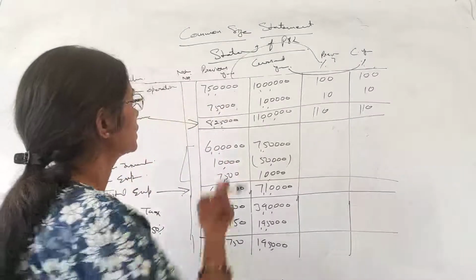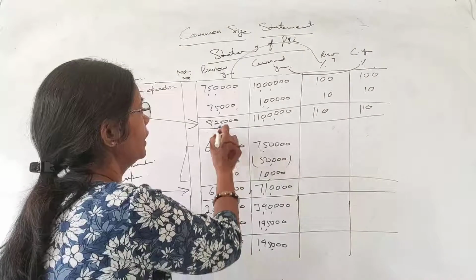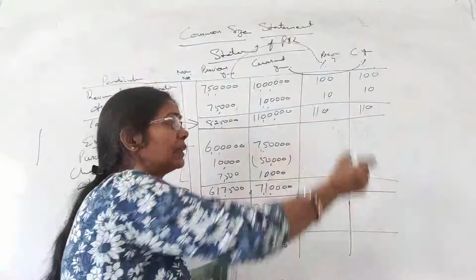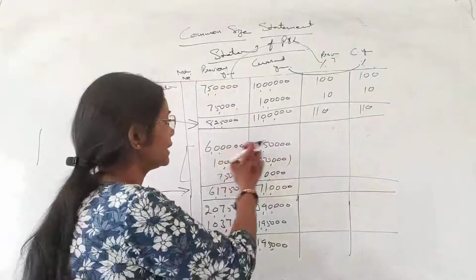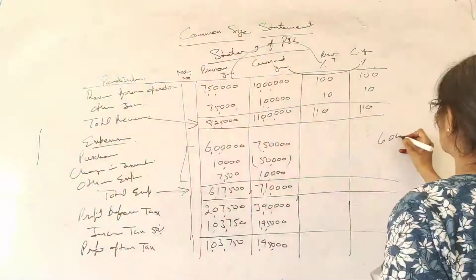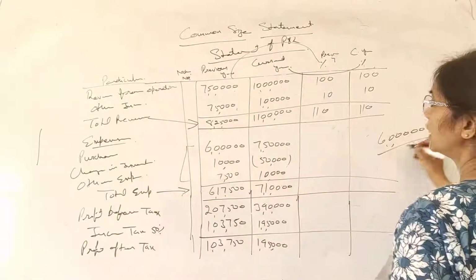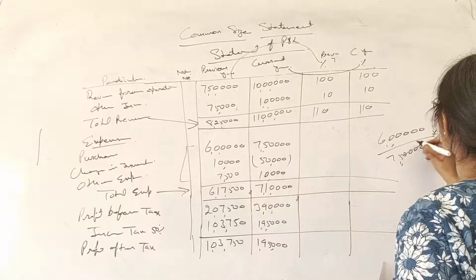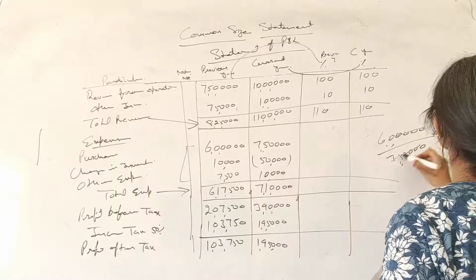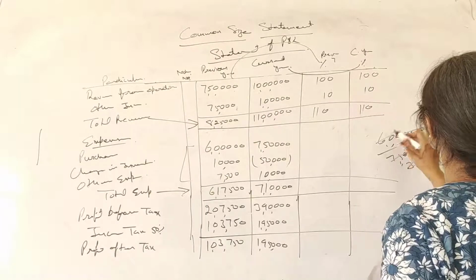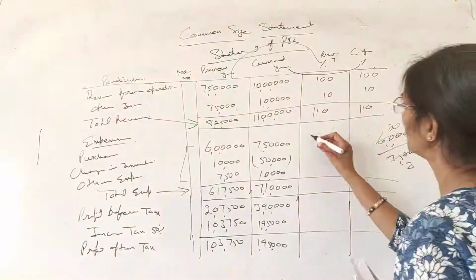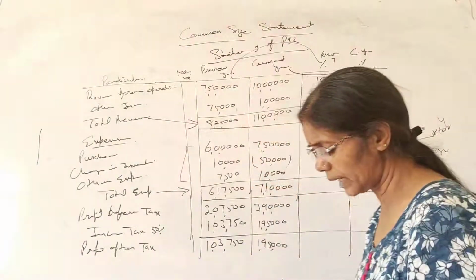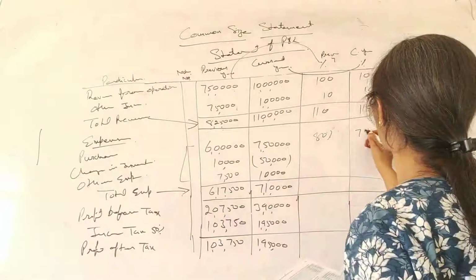Next we have 6 lakh. So what percentage is it having? This 8,25,000 has become 110%. And which percentage is this 6 lakh containing? So 6 lakh divided by 7,50,000 into 100. What comes? This is 80%. Understood how to do? Yes. Well, next we have this, which is 75%.